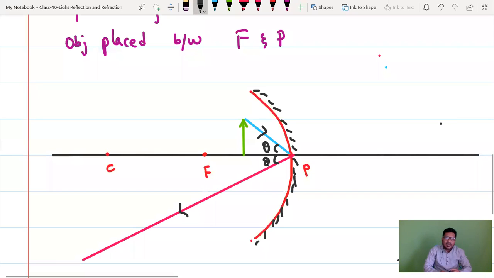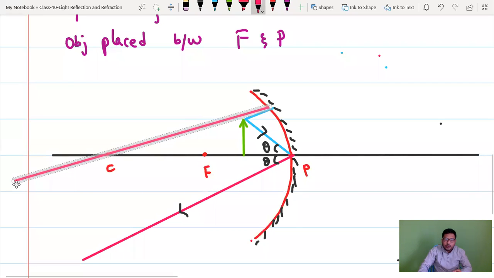Well, coming to second light ray. Is there any possibility of passing through F? No. Here what you can do, light ray will pass through C. Pass through C in the sense, not like this. Of course, it will touch the mirror like this. After touching mirror, what will happen? You know, the reflected ray reflects back through C.